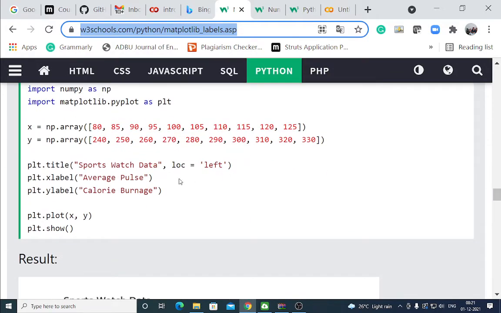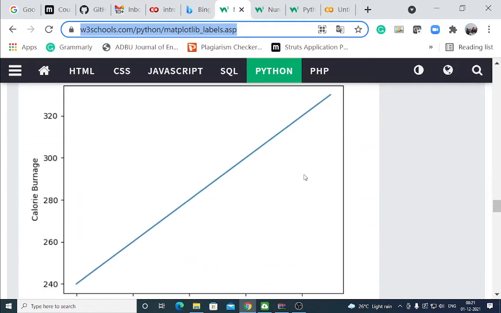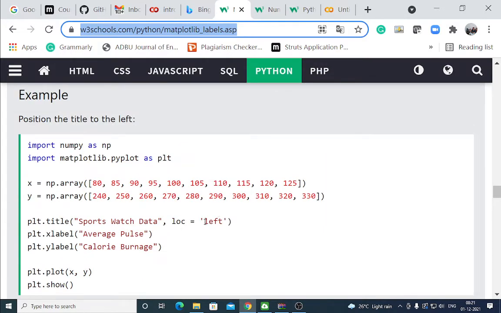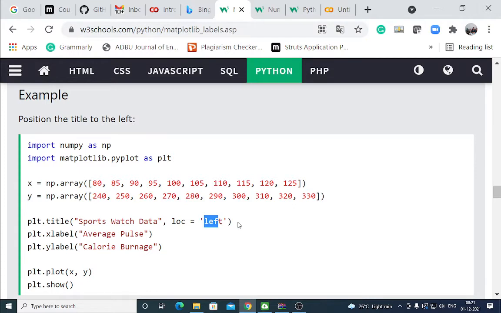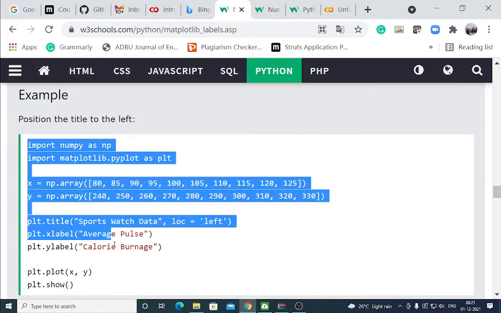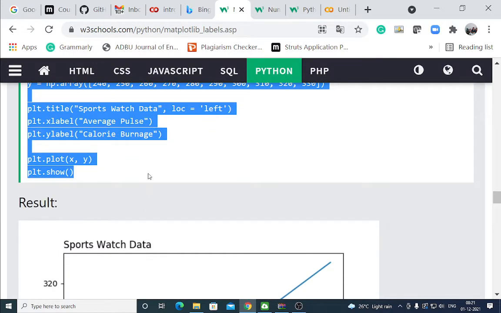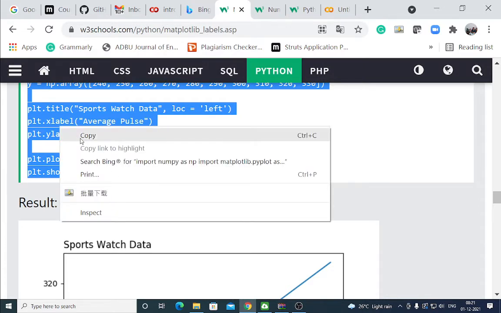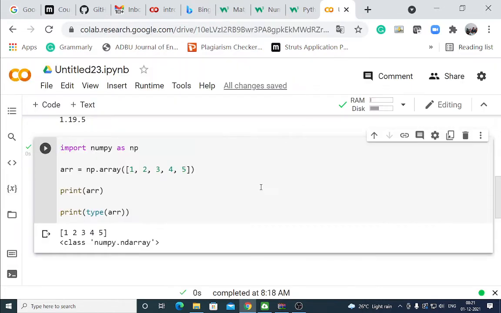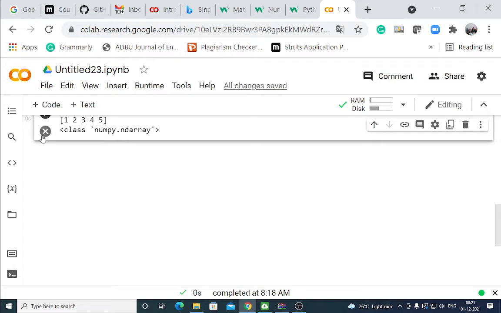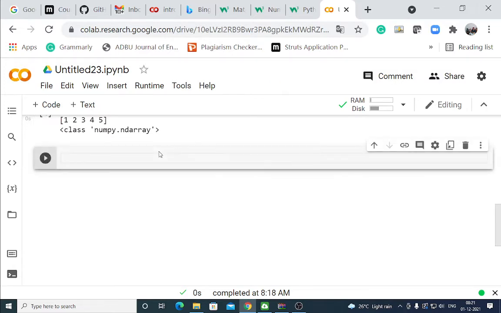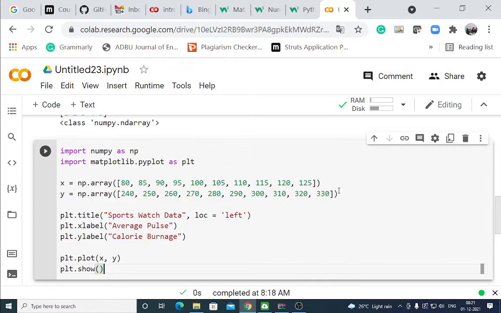You can position the title left, right, center. Suppose you copy this code and execute.